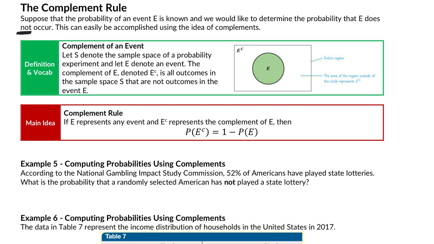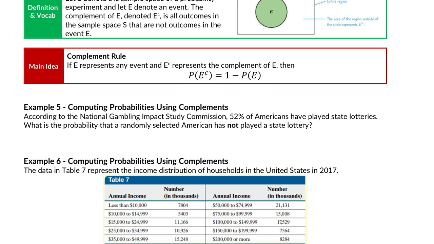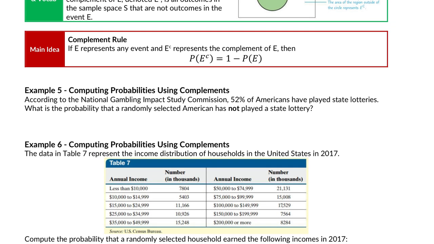It is as simple as it feels. Okay? In example 5, according to the National Gambling Impact Study Commission, 52% of Americans have played state lotteries. What is the probability that a randomly selected American has not played a state lottery? Here's what we know. We know the probability of playing the lotto is 0.52. So the probability of not playing the lotto,